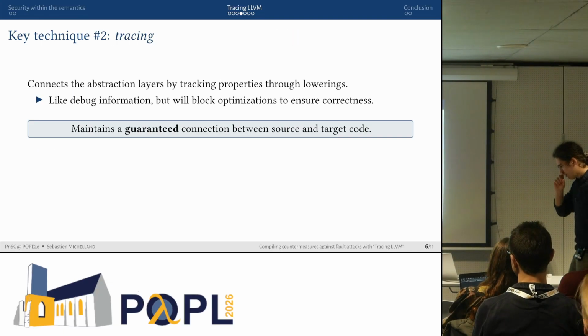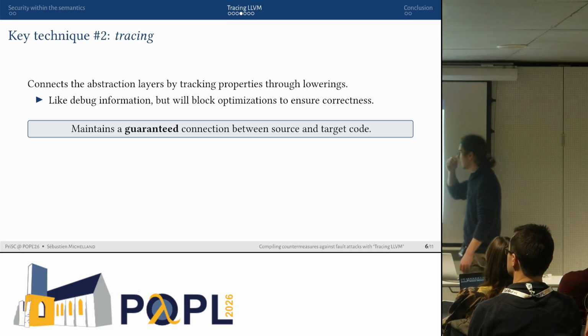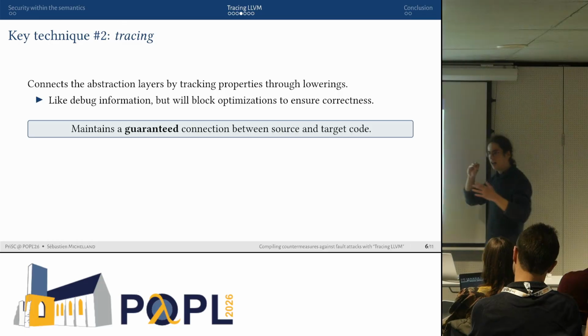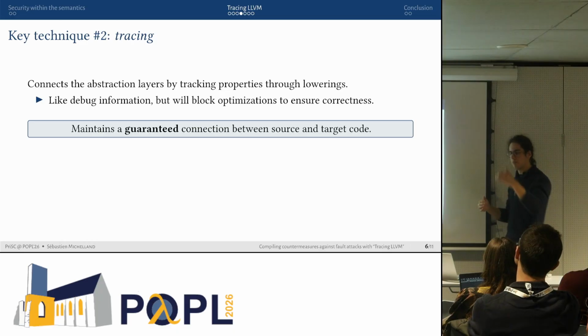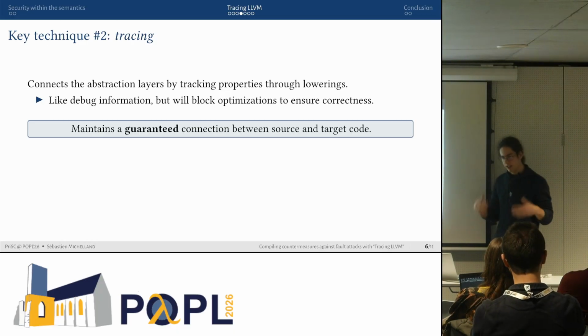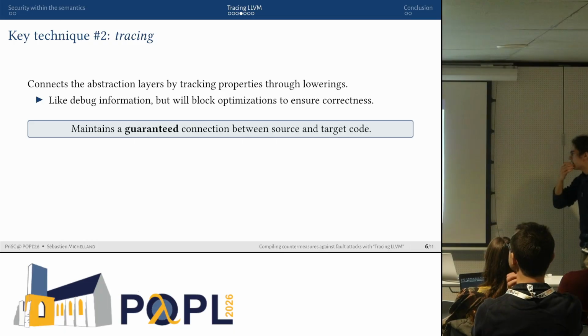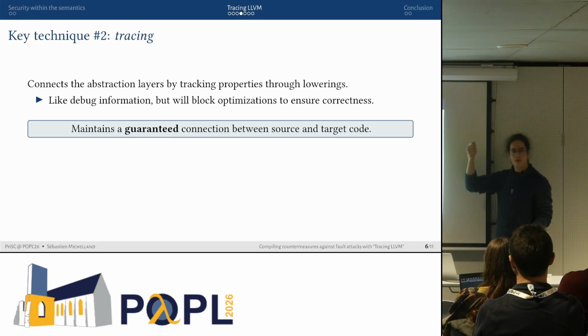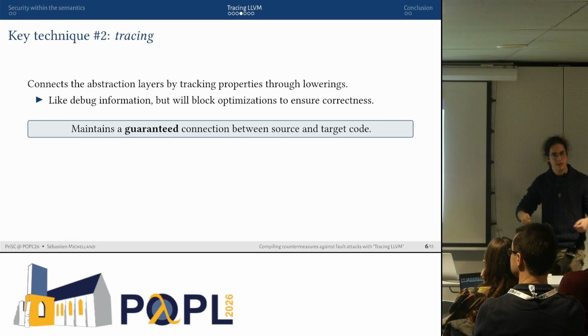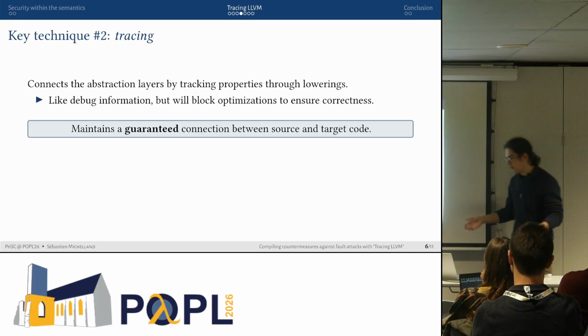That was opacification. Now let's talk about tracing. Tracing is the idea that the source code doesn't tell you everything you want to know about the program. There's a lot of work happening between the source code and the assembly code. That's called the compiler. And so what we want to do for security is track aspects of the source code all the way down to assembly so that we can verify that things are correct